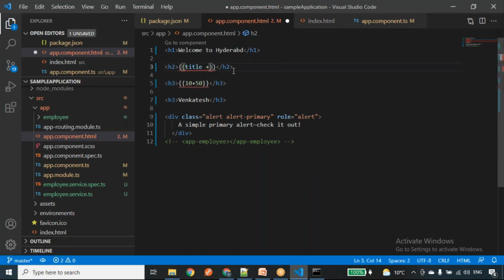I am learning Angular in Monica IT. This is also possible, and we can call this a valid expression. I am taking this title from the component and adding some more text to it. Let me show you the output.